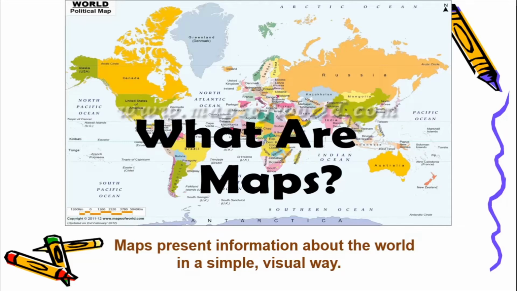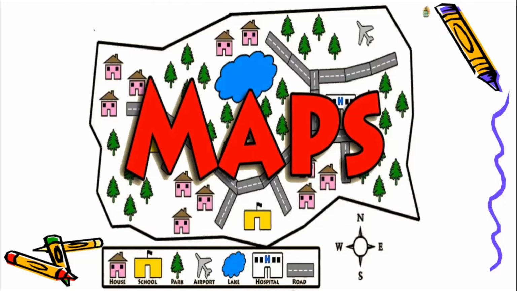Okay, so you will learn more difficult meanings of maps also as you go to the higher classes. But now children, we are in the third standard, so let us try and understand the meaning of a map according to our level. Okay, now come on, let's see many interesting maps and let's see how they are used. So see, what is a map? On the map you will be able to see all these things.